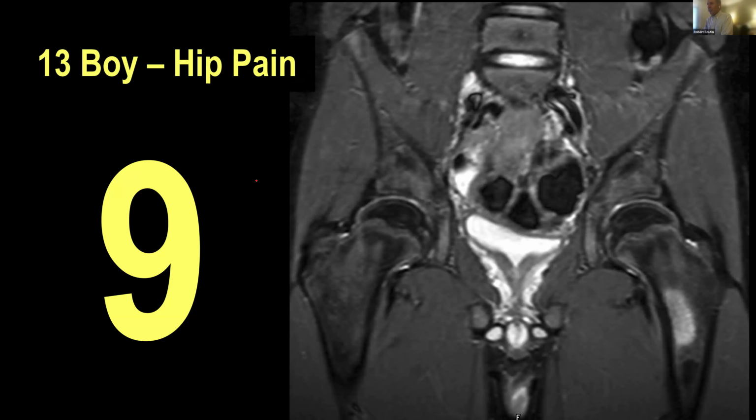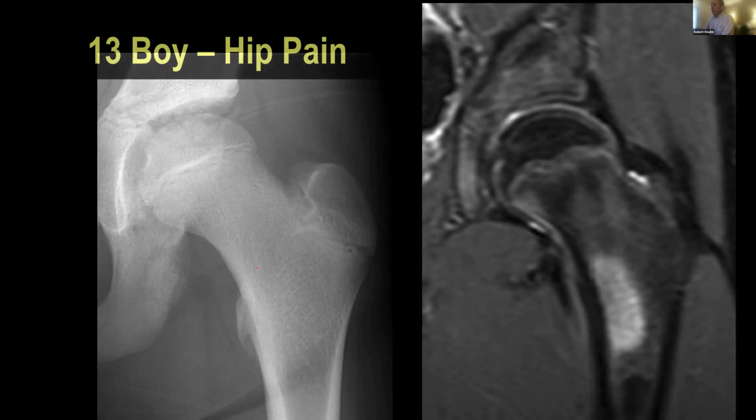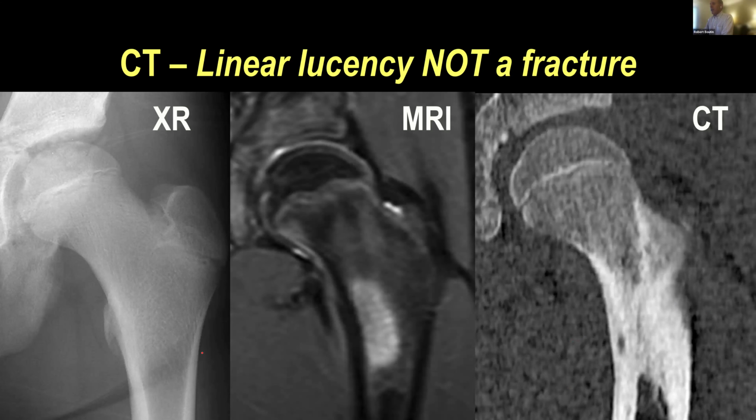Here, a young athlete, a 13-year-old boy presenting with hip pain, came in with the MRI. There's something there. It's really hard to see anything radiographically. Maybe there's a little sclerosis there, but I think it would be difficult to call prospectively. And just so that we're thinking about the broad spectrum of things that can occur in an athlete presenting with